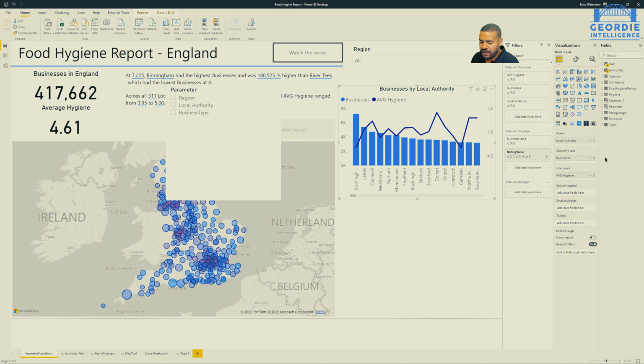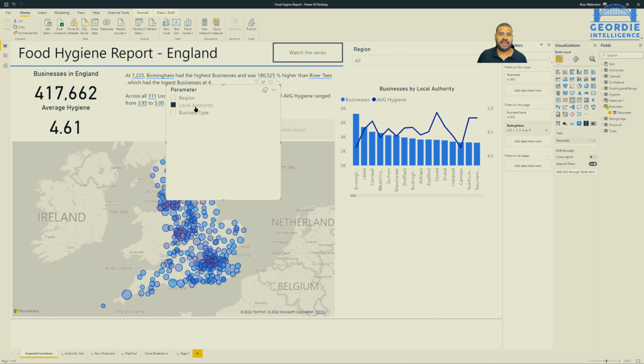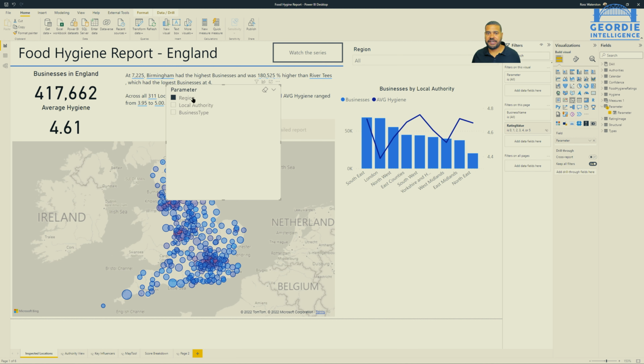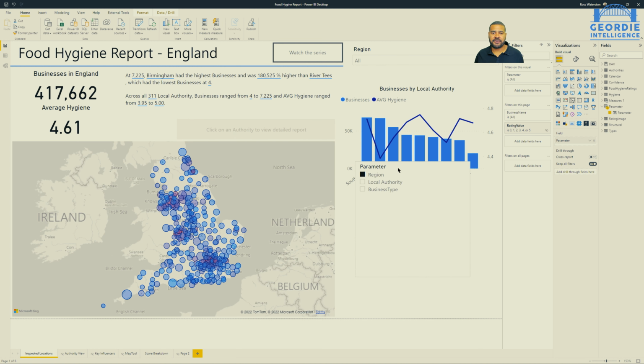What we can do is, where we've got the x-axis at the moment showing us local authority, we can change that. So if we use parameter as my x-axis, right, we can see if I choose local authority, it's going to be local authority. If I choose region, it becomes region, business type, okay? So all of a sudden, I could replace this slicer here with this, change it to a drop down, right? Put that there,